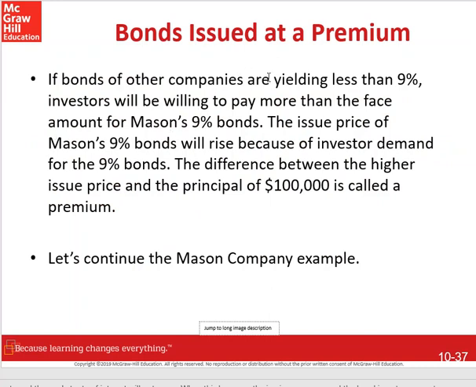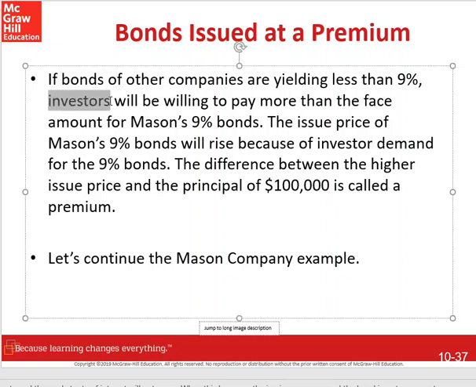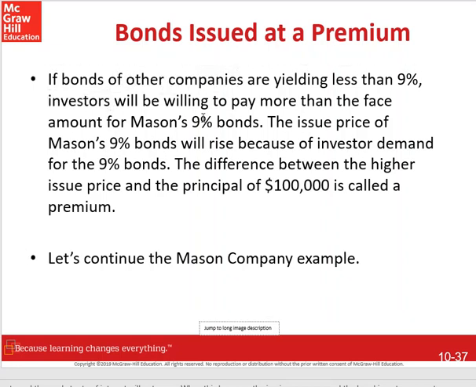If bonds of other companies are paying less than 9%, so let's say other companies are offering 8% bonds, creditors, potential bondholders, I still don't like that word investors here, will be willing to pay more than the face value for Mason's bonds because they look good. They're better than everything else on the market. So if everybody else is paying 8% and Mason's paying 9%, there's going to be high demand for these 9%